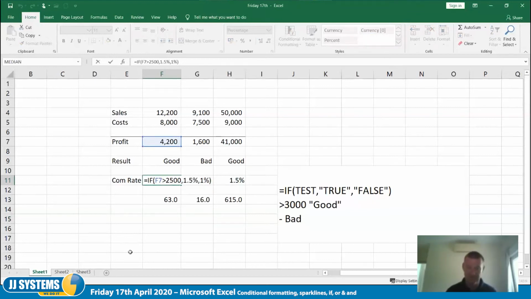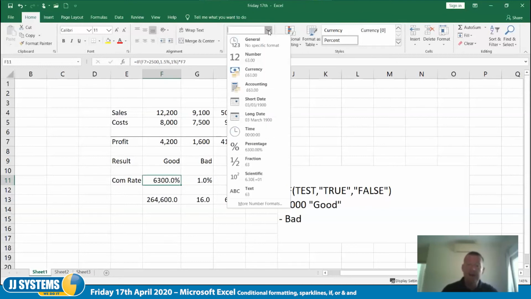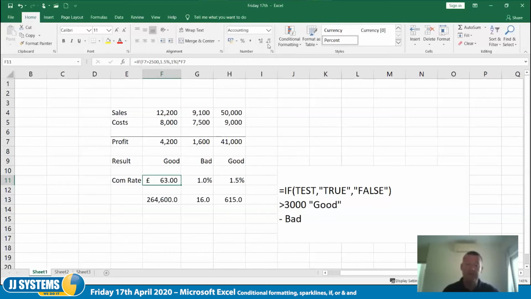and then at the end of it, I'll use the keyboard instead, I'd say that's got to display your 1.5% or 1%. And so at the end of it, I'm going to say that thing multiplied by F7. So I'll get 1% of F7 or 1.5% of F7. Then I hit return. Obviously, I don't want that as a percentage because that would just be silly. So let's turn that into accounting with no decimal places, thank you. And now I can drag that across,